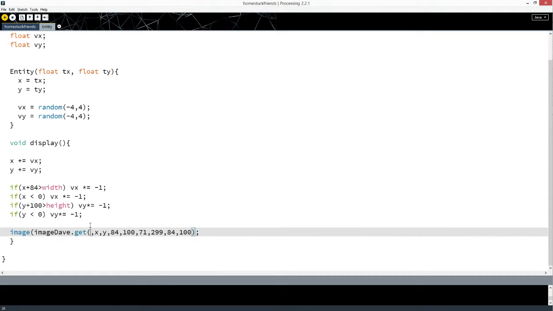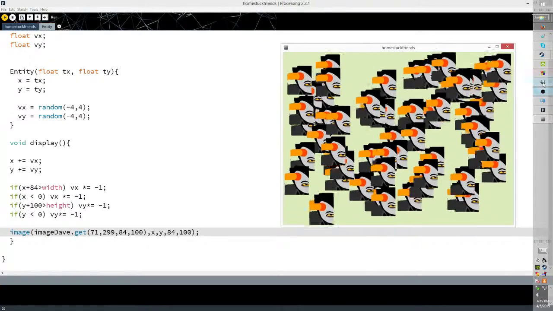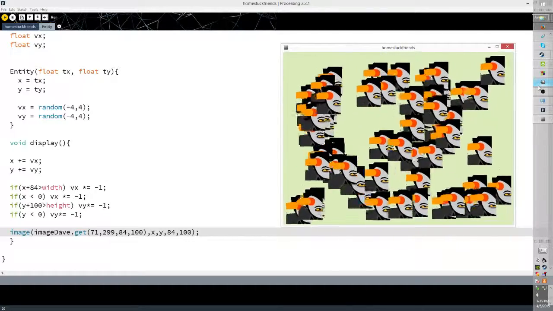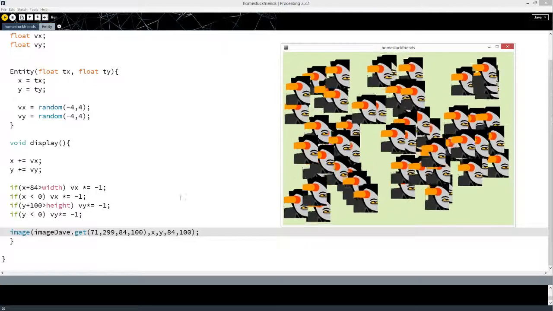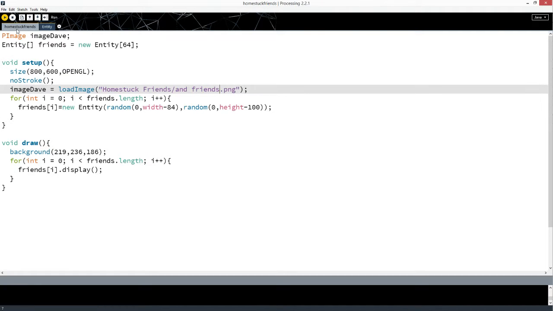imageDave.get. Let's toss these numbers into here and see if it likes that instead. Yes, that is more what I was expecting. At least I think it was. Maybe it's a little on the small side, but that's okay. So instead of grabbing the image directly, we're using the get method and only grabbing this section of the image. And then we're giving it x, y, width, height. Let's leave it imageDave for now. We don't need to get confusing. Anyways,